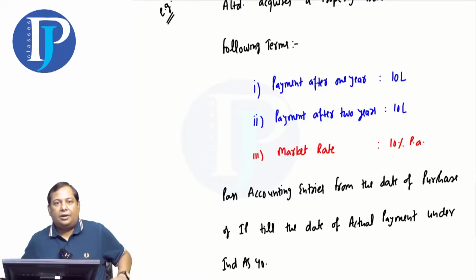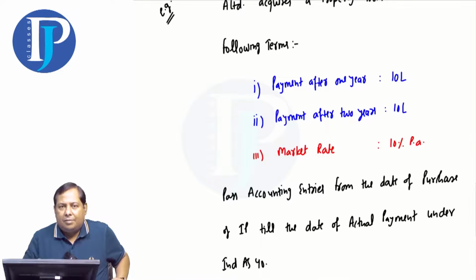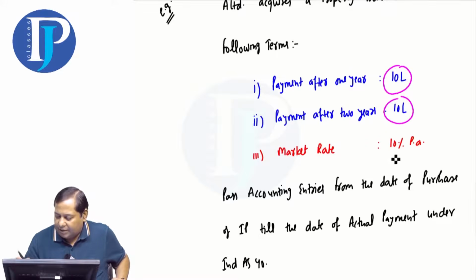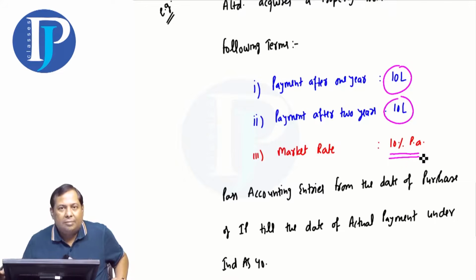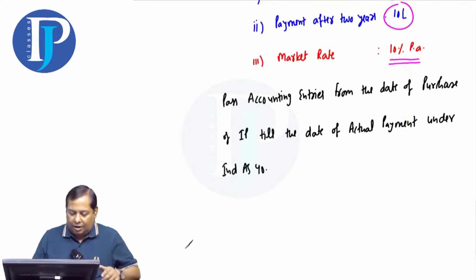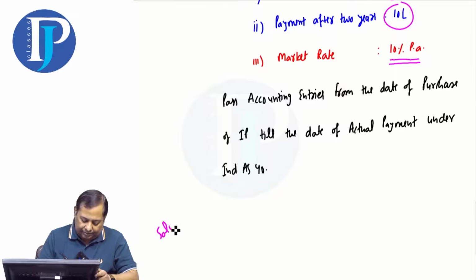You need to do the full accounting. In this example, I haven't taken a down payment. I have taken 2 payments. One is after 1 year and one is after 2 years. You will have to take 2 discounting factors. The first step is to calculate the present value. This is the first step. So if you want to start the accounting,